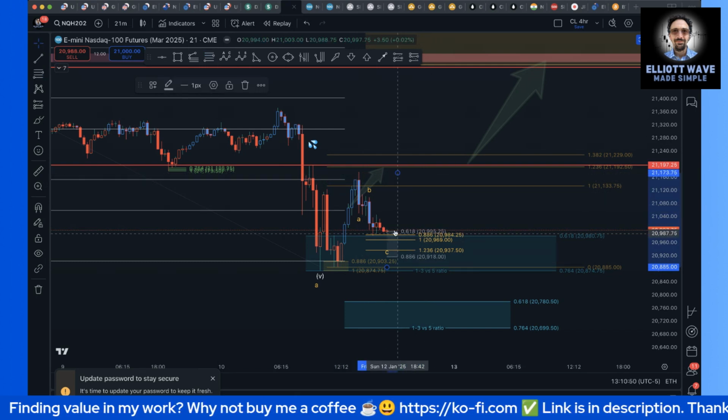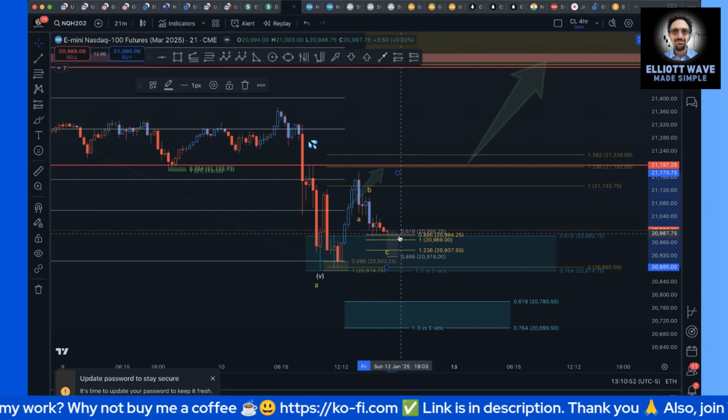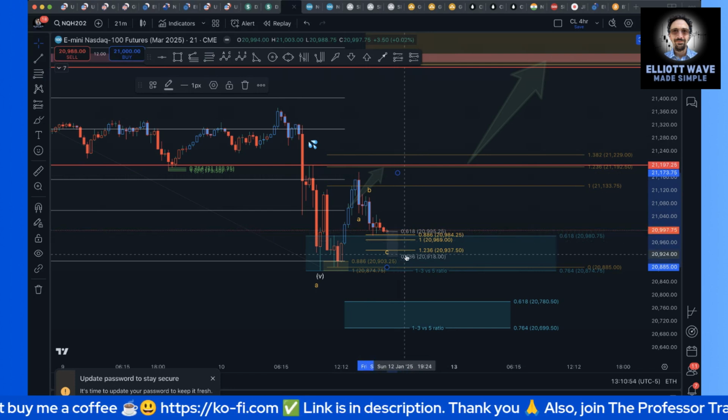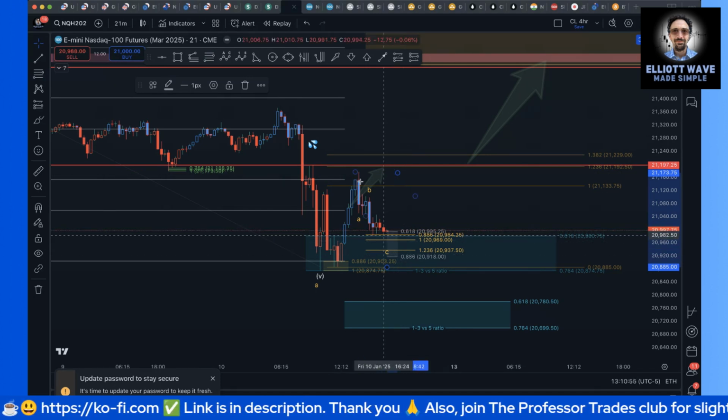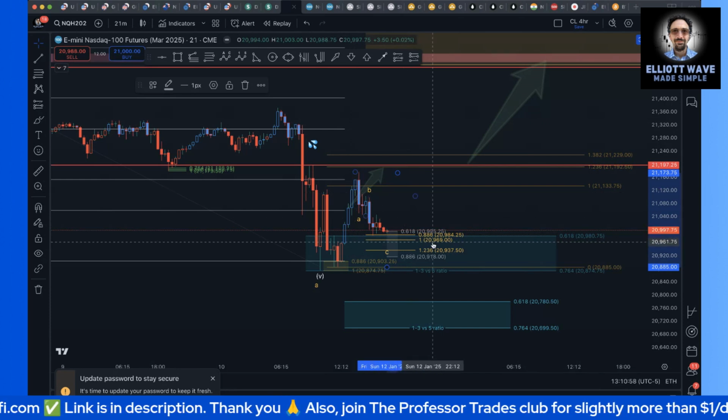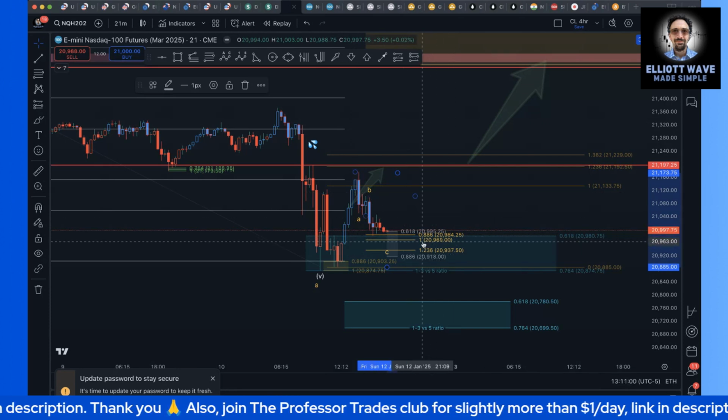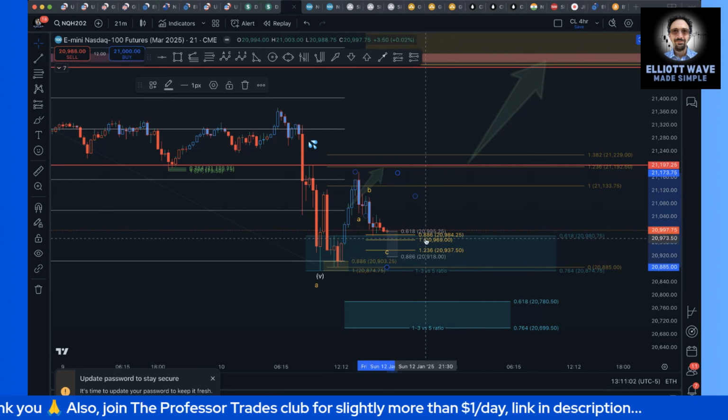Price is now hanging around the 618. Anywhere between the 618 and the 886 is ideal. And check out this confluence of this ABC. Remember, I just taught you again that you really want to see wave 3 hold between the 100 fib, the